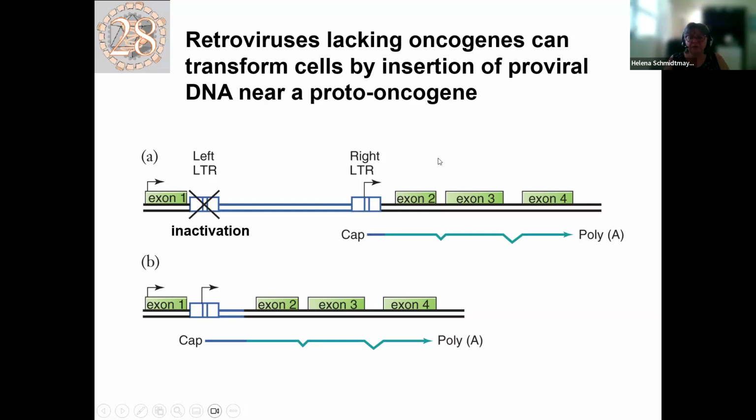This is a very interesting feature, and it's why there is huge hesitation to use retroviruses as a viral vector for delivering of gene or for vaccine, because they integrate randomly and we cannot control whether they will be integrated upstream of some